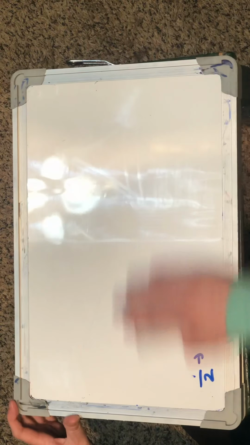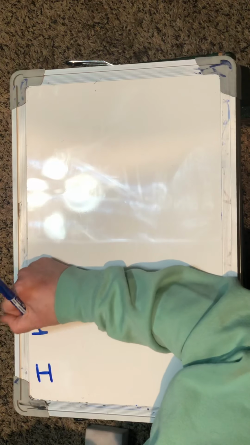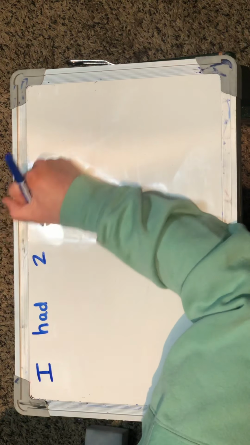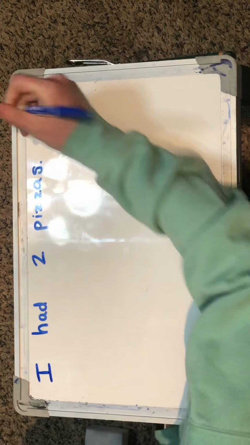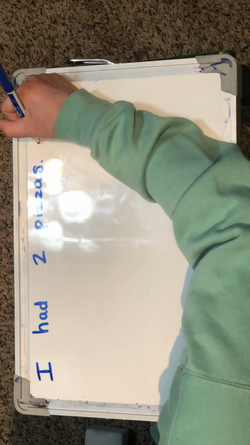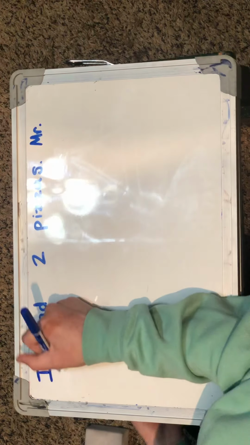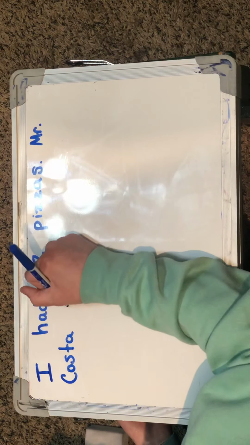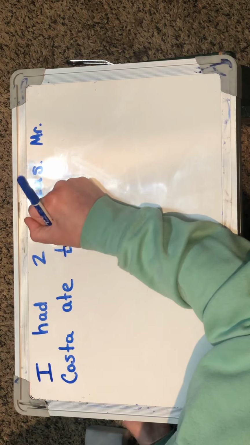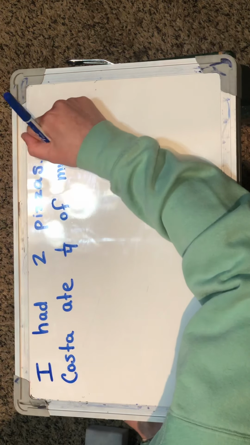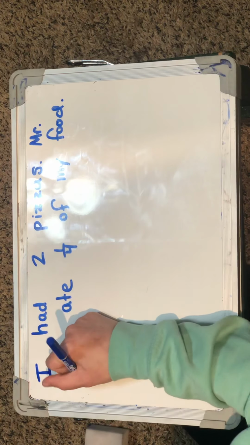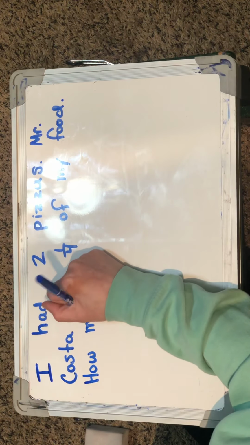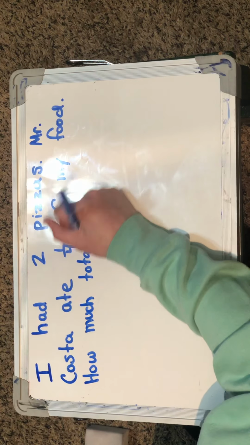So let's think about an example. Okay? I had 2 pizzas. Mr. Costa ate 1/4 of my food. It was probably when he got up during the night to eat. How much total pizza